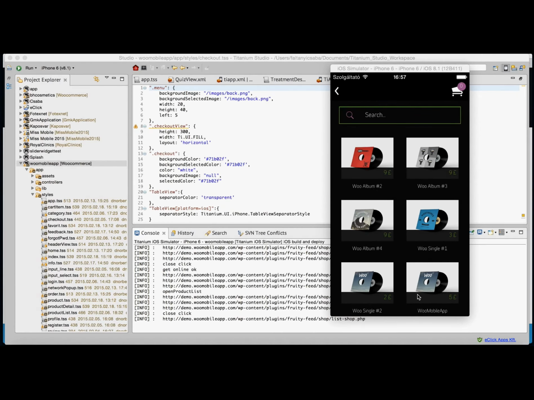Now if I go back to the application, I will see my newly created item.